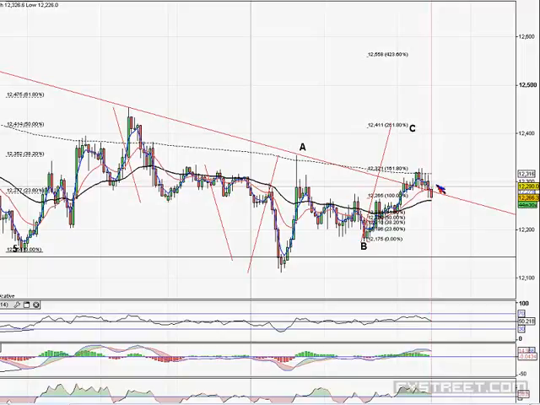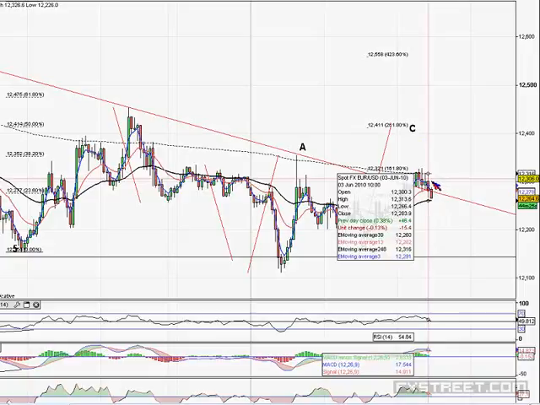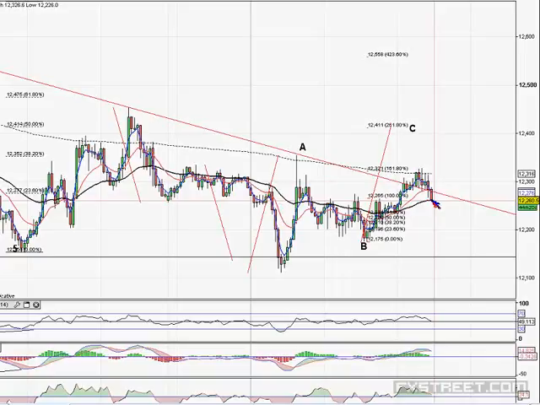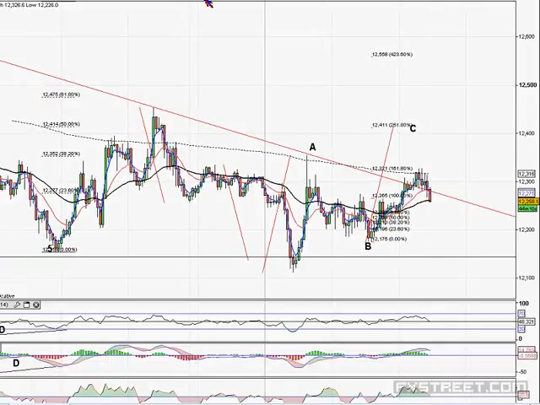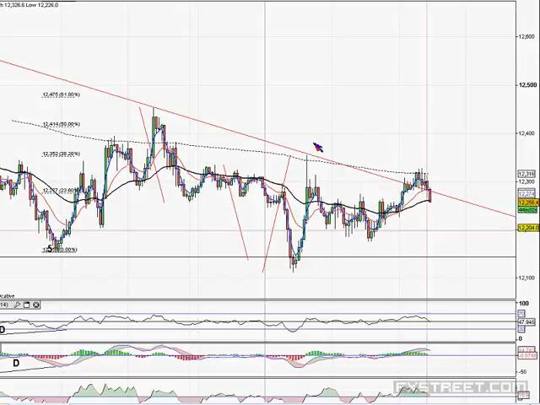What's happened here is it's rejected, giving a bit of a false signal to the upside. And it's just coming back on itself. If you can break through this level here, which it looks like we're going to at the moment, all our indicators are turning negative. Okay. So all our indicators are turning negative, and I'd wait for this momentum to break through. But if that is the case,